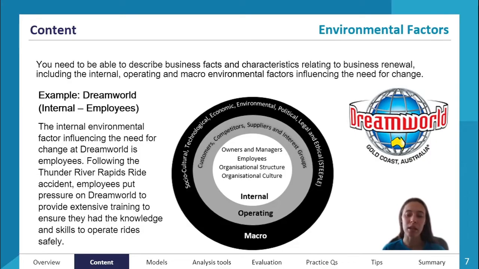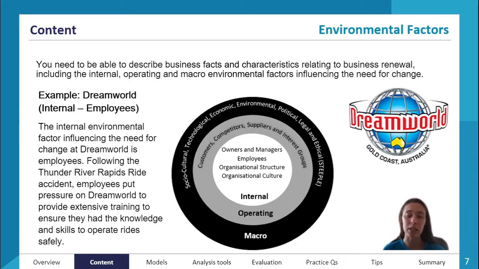So you can see that macro falls on the outside of our diagram there, because it is those outside kind of forces. So if we have a look at some examples of some of these, we've got Dreamworld. So it's internal and employees in this case. The environmental factor influencing the need for change was employees, because we had the Thunder River Rapids ride accident back